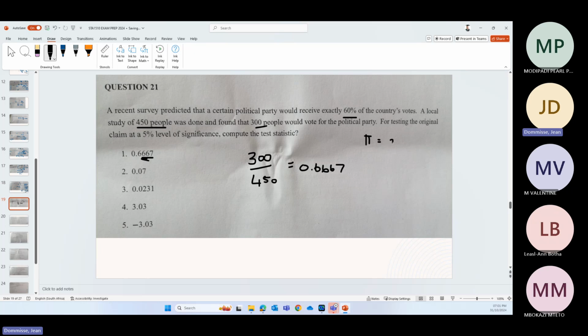So that is the 0.6. That is 0.6667. So this time around, it will be a positive. So now again, 0.6. Then 1 minus 0.6 is 0.4. And that divided by